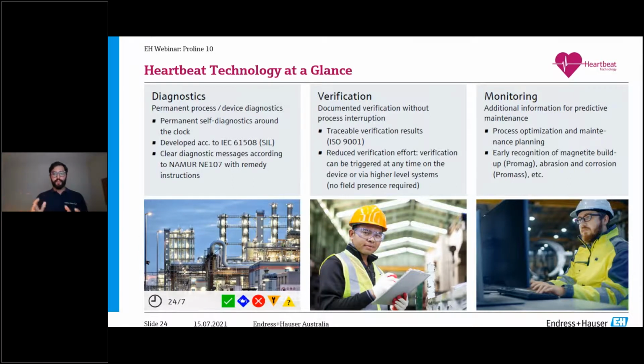Okay. And last, we have what we call Heartbeat Monitoring, that will give you additional key performance indicators for you to work on a predictive maintenance plan. For example, the mean time between failures. This is something that the device will record and continuously update, and you can use it as part of your strategy. If you have very strict calibration compliance requirements that you have to follow, you can check the mean time between calibrations, and you can also get information around buildup and corrosion of the sensor. So it's a very sophisticated resource we have available in our offering, that is now part of the